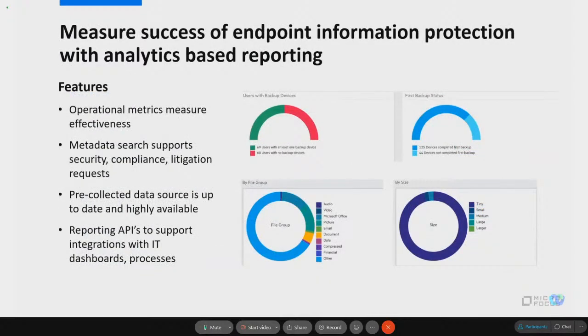Thank you. Okay. So measuring success is a very important part of this. From an assurance standpoint, don't take our word for it, or no one ever would take our word for it. They want to see operational as well as content analytics that will allow them at any point in time to gain that confidence or to deliver a report that gives others, let's say management, confidence that the organization is prepared, based upon the systematic policy-based approach to data